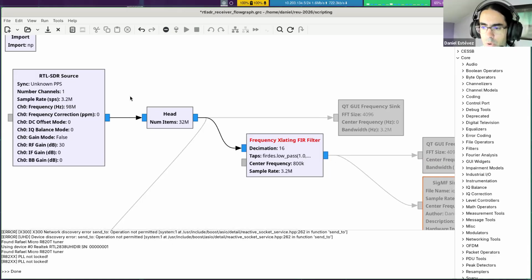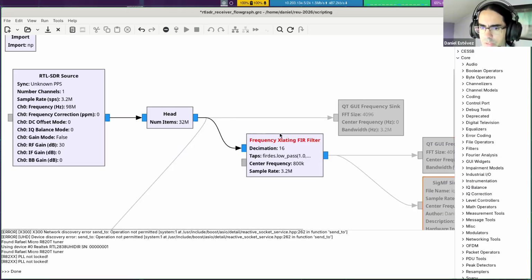If I want something smaller than that, then I can reduce the sample rate by a process which is known as decimation, which is essentially taking 1 in every n samples. For example, here it says decimation 16. That means that we take 1 in every 16 samples. So we would take one sample, we would drop 15 samples, then take the next sample, drop 15 samples, and so on. And because 3.2 megahertz divided by 16 is 50 kilohertz, I believe, we would be left with, or